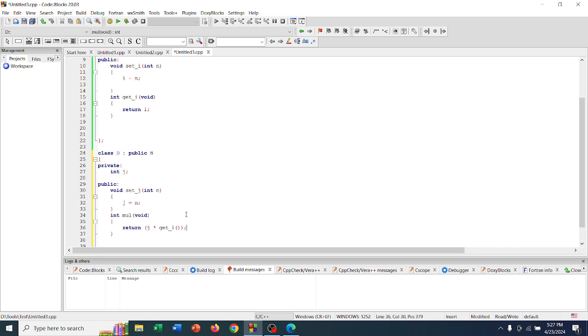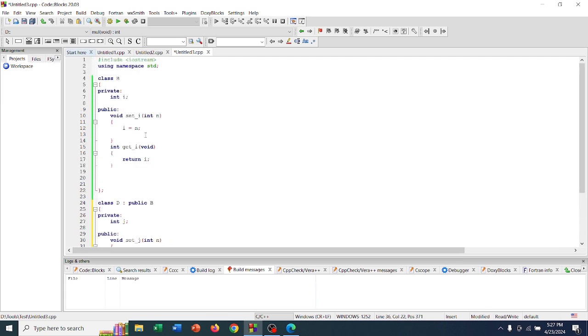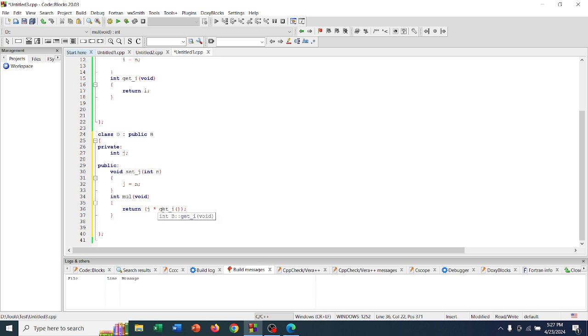Where I'm calling a function. The reason I'm doing this instead of putting I directly is because I is at the end of the day a private integer part of class B, and even though class D inherits from B, it does not inherit the private parts of B. When I said private parts of B, it sounded kind of wrong, but yeah, it does not inherit the stuff in the private section, just the ones in the public section, but it can still access it via this get_I function. All right, so that should be the class